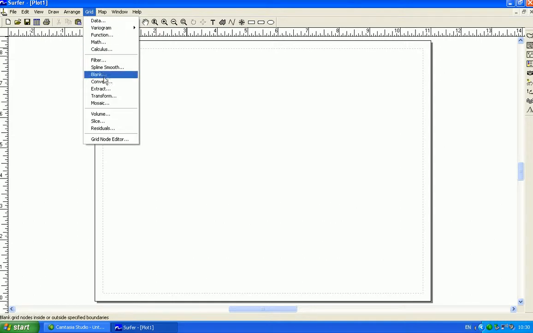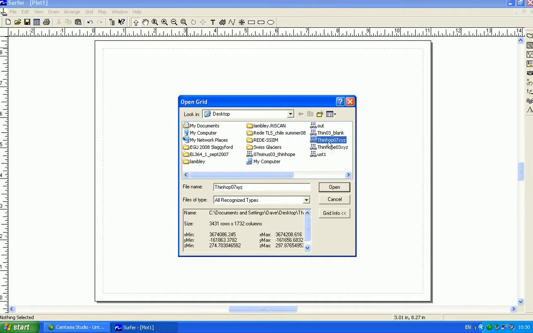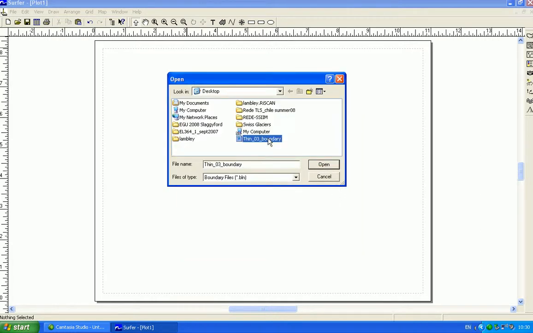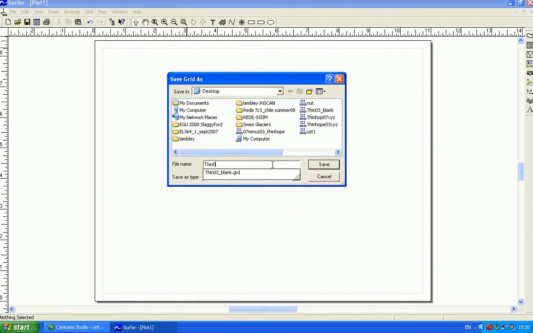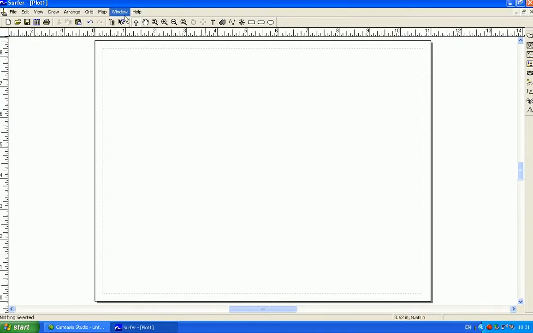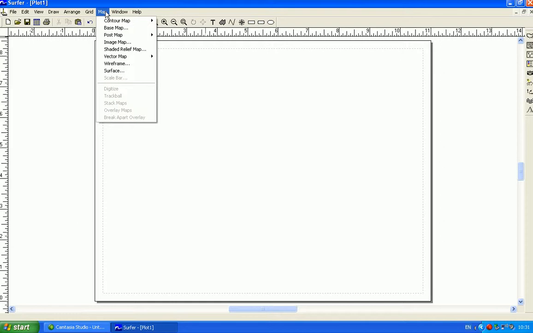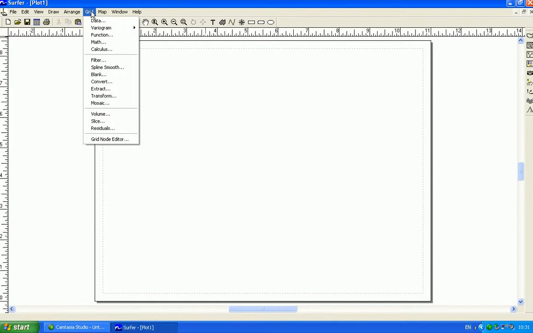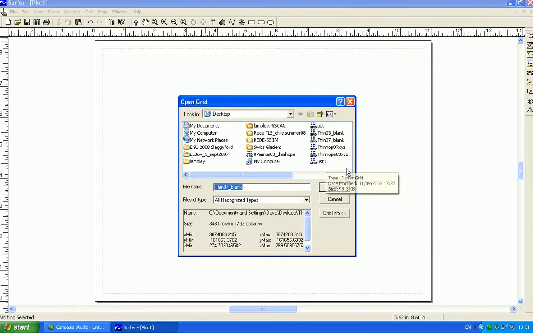Okay, so we'll do a similar thing for the 2007. Select the blank file again. 1007. Okay, and so that will blank everything outside the 07 file. Right. And if we also do the same to the subtraction, the DEM of difference, which is 07 minus 03,